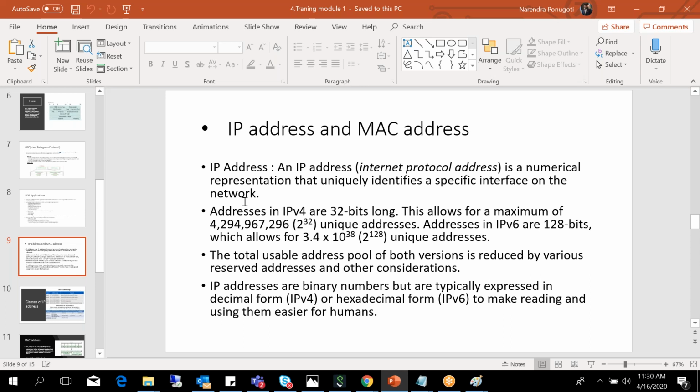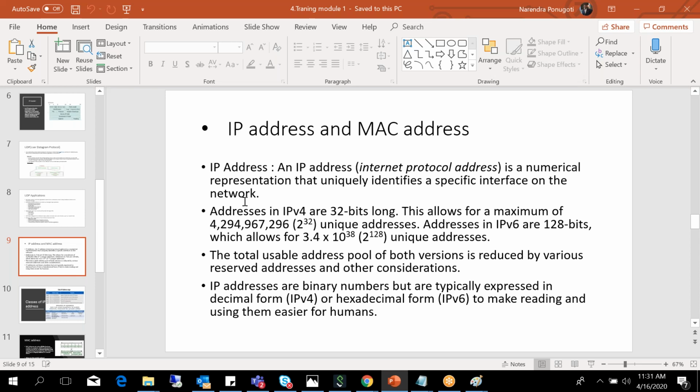Your identification is your name, so anyone can communicate with you using your name. If you don't have a name, there is no identity. In the same way, for a computer to communicate with other computers, it should have an identity, that is the IP address.